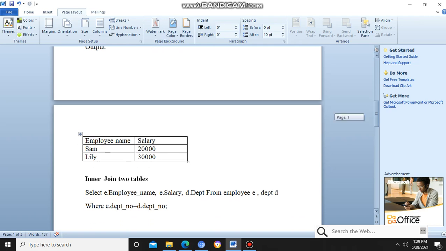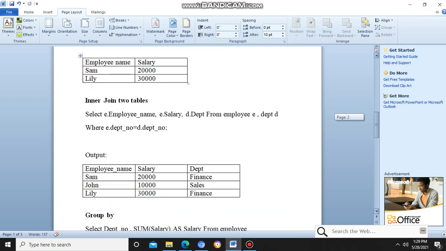Next we are going to see the inner join. Whenever we want to join two tables and fetch all the columns we want from these two tables, we will use the inner join. So select employee name, salary, department name from the employee and department tables. You can see here we have given alias names E and D for the employee table and the department table, and we use them to denote that this particular column is coming from the employee table and this one is coming from the department table.